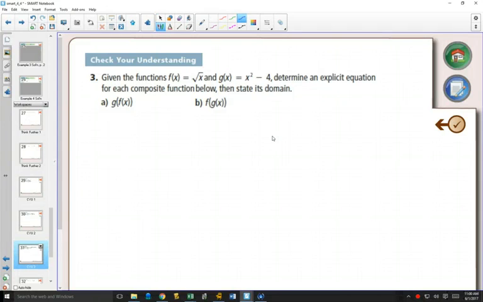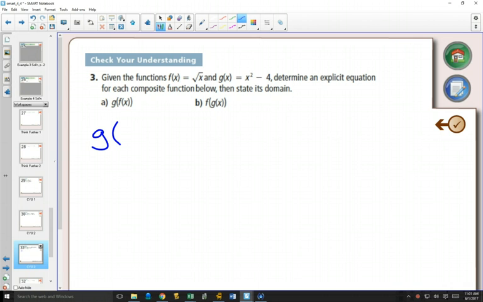So here we have our two functions, and now we're going to get into those ones that we did at the beginning of yesterday where we looked at functions being inside square roots, in particular parabolas being inside square roots. So in our first example, g of f of x,